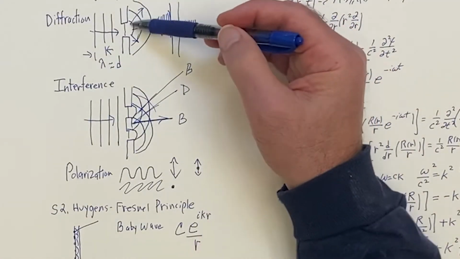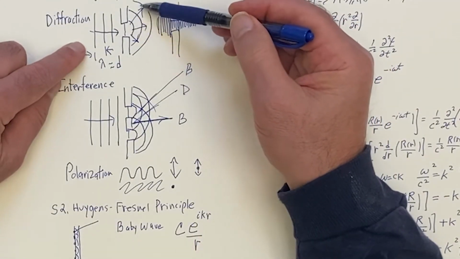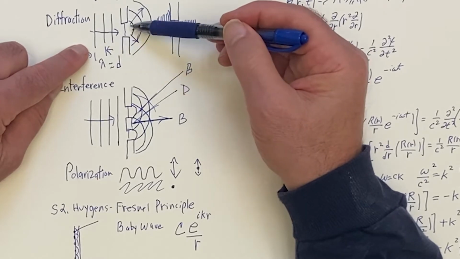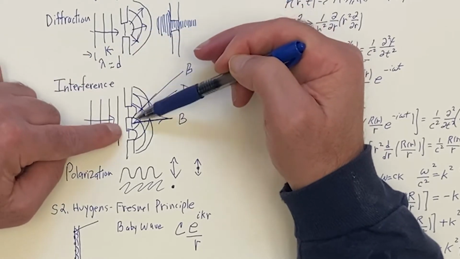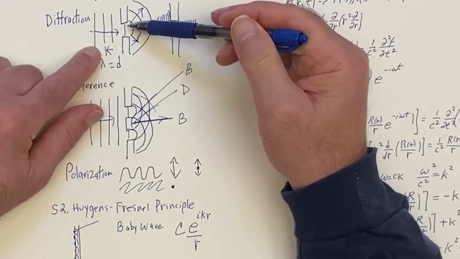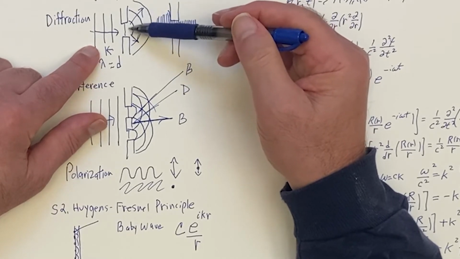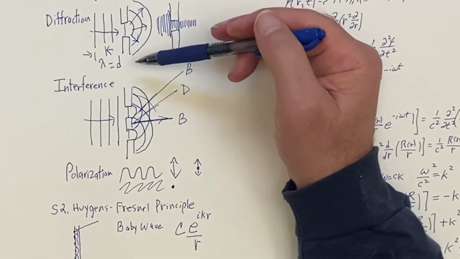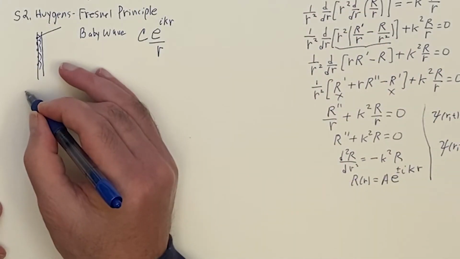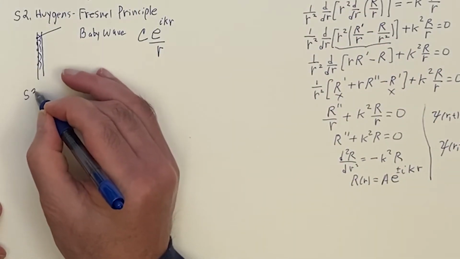So in this model here, you don't get bright and darkness. This is a little too simple. Here you can get interference, but even here, you're going to get bright and dark regions. You're going to have the baby waves undergoing interference. So we go to S3,